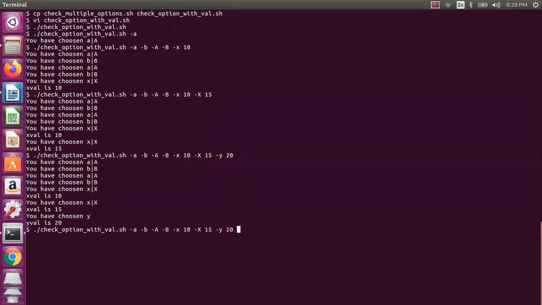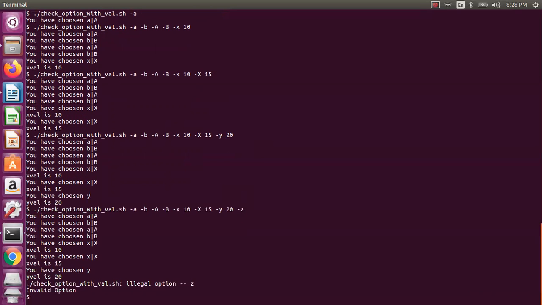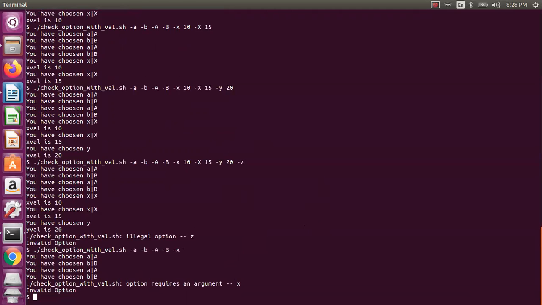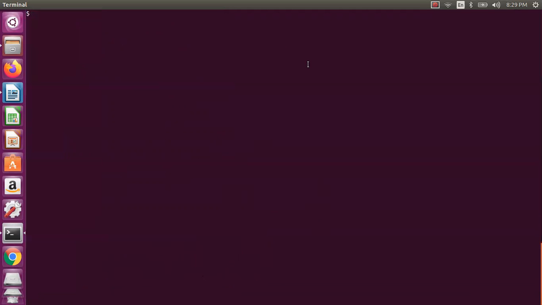So we will give an invalid option. We will see what it will do. The same thing, if you choose an invalid option, that's what it will give. But we will check what happens if we don't pass a value for the option with value. So I am not passing with X, but it is expecting actually. So it will tell you option requires an argument. So that is the thing you need to pass, because you have put X colon, you are expecting the value. That is the minimum requirement for this particular option with value.